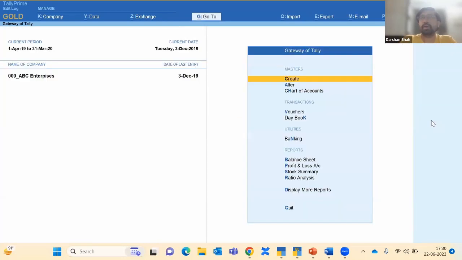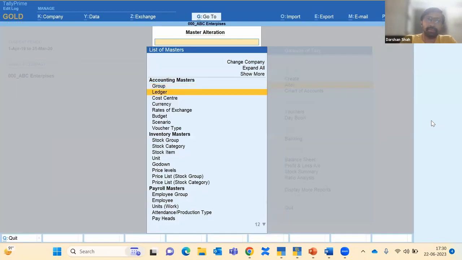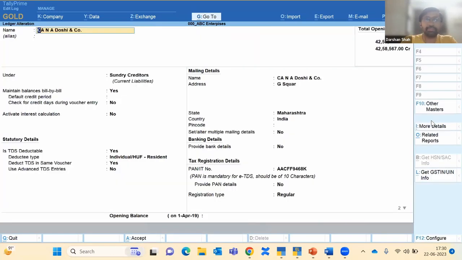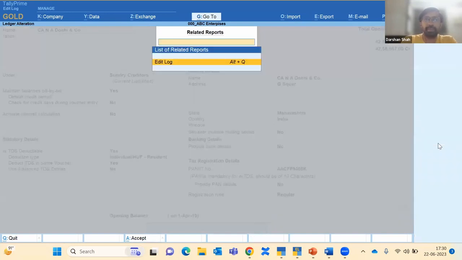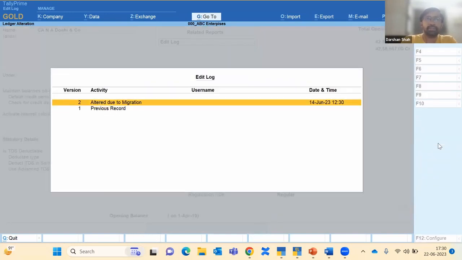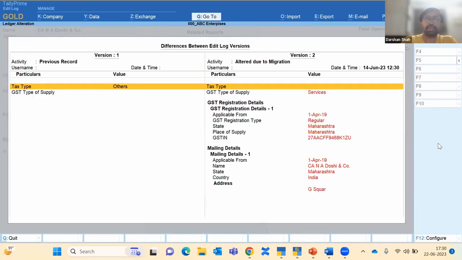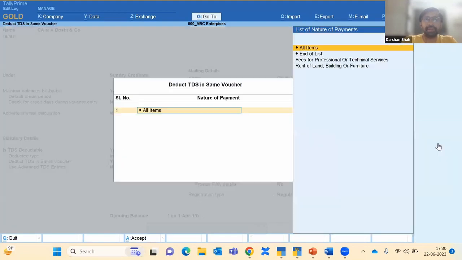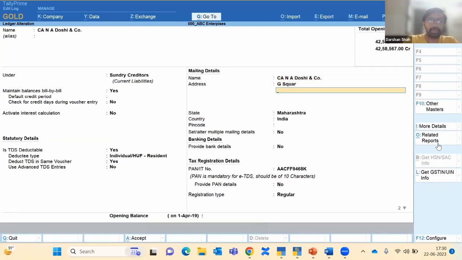Now we have not restricted this only to the transaction level, even at the master levels. Let's say there is any ledger, let's say CA Doshi and company, if there is any change over here in this ledger, it will also be reported in the edit log. So let's say the previous period was altered due to migration. When I have done the alteration, there have been some changes into it. So here, if I make a little bit of change, let's say if I change the address part of it,